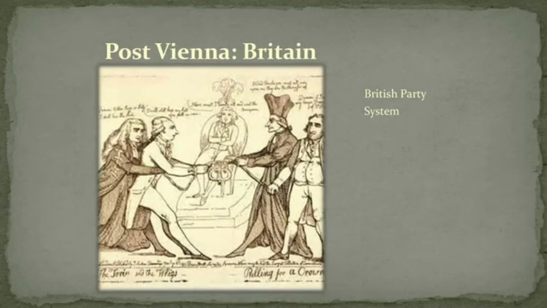Now, Britain wasn't much better than France, though it was better. Whereas in France, 90,000 out of 35 million. I can't do the math in my head, but it was a very small group of people who could vote. In Britain, it was 1 out of 15 men who had the right to vote. So it was still essentially an upper middle class sort of thing. But it did have these two parties. All right. Now, one of the big issues in the early 19th century in Britain